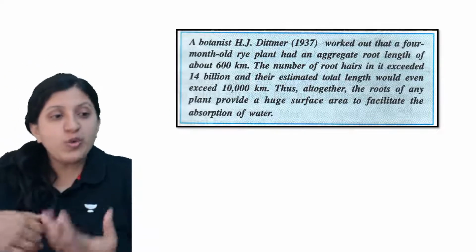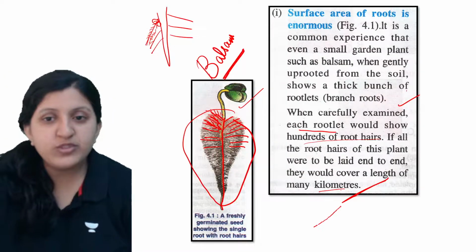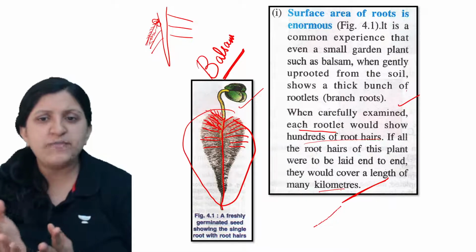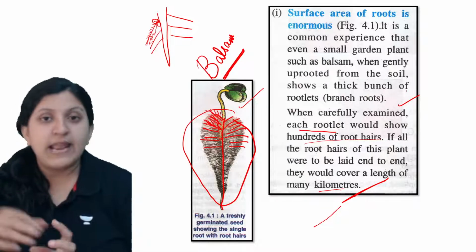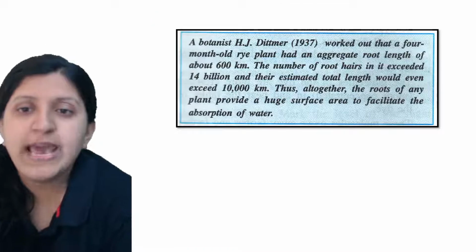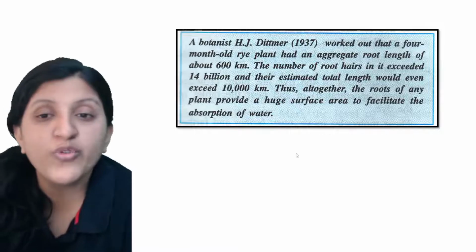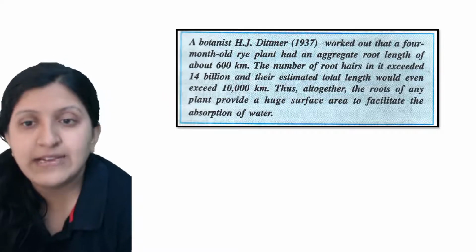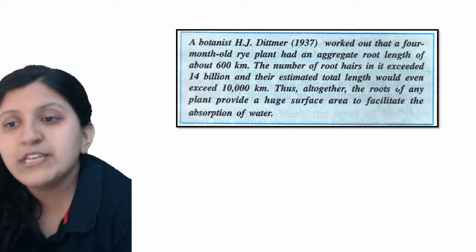You could see that in this one. You cannot count them, so many rootlets are already present, and each of these rootlets is again going to have root hair. So that means there are about 14 billion root hair, which exceeded that even, and their estimated total length